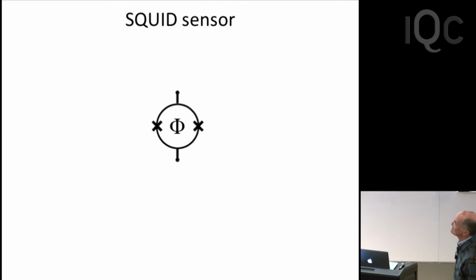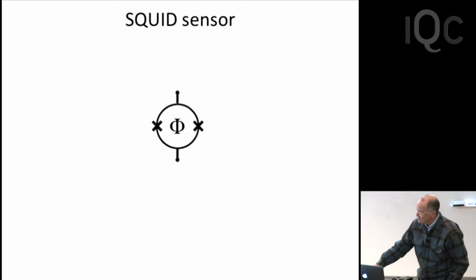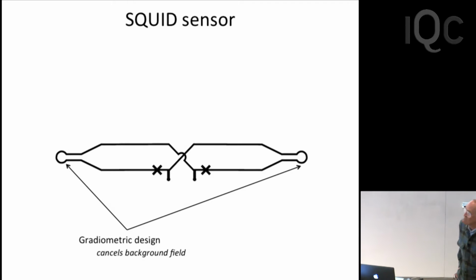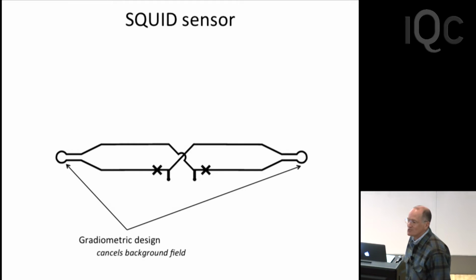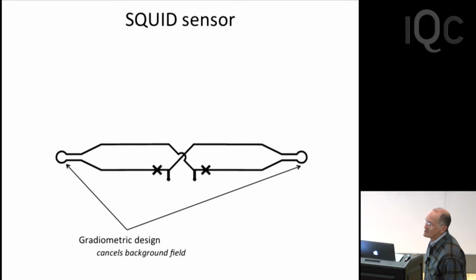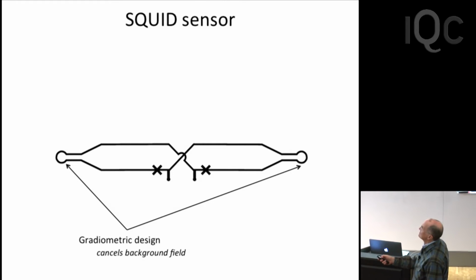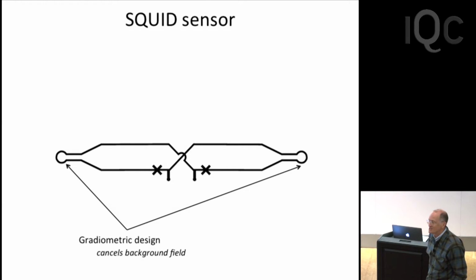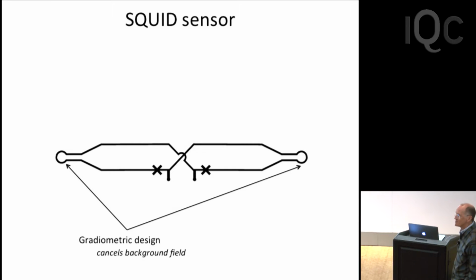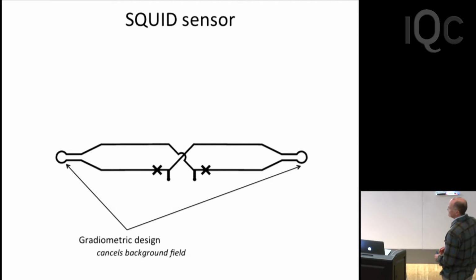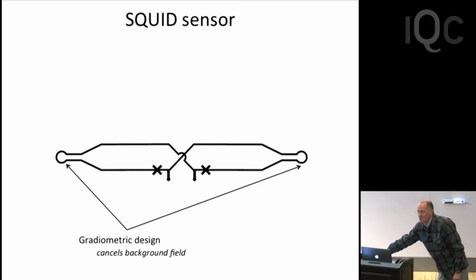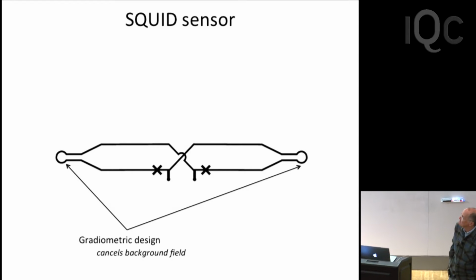This is a diagram of a standard SQUID. We modify things for microscopy. What we do is stretch it out and give it a twist so that there are two pickup loops there and there. The twist means that it's insensitive to a non-spatially varying field, so we want to be sensitive to what's going on in the sample.